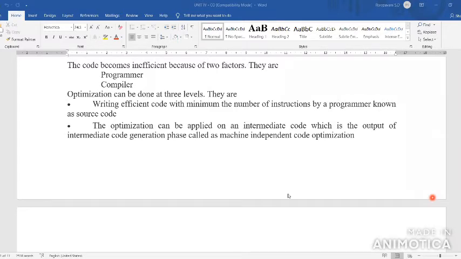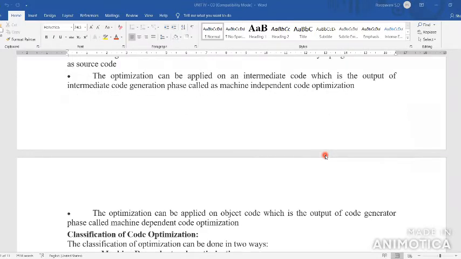The second level, the optimization can be done for two things. The first is the intermediate code, which is the output of the intermediate code generation phase.